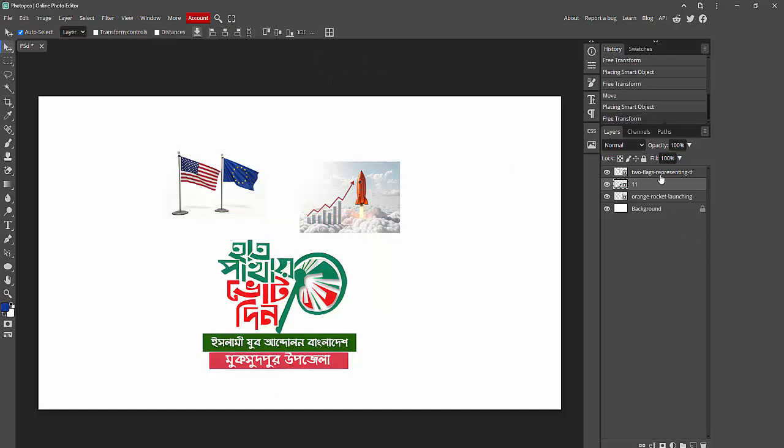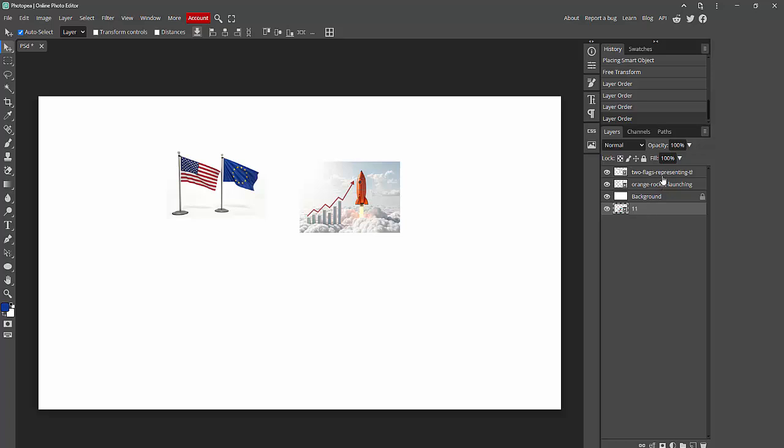Then I show the first layer and move it up, down and under, and the last layer and move it above. That is. Now you can see,